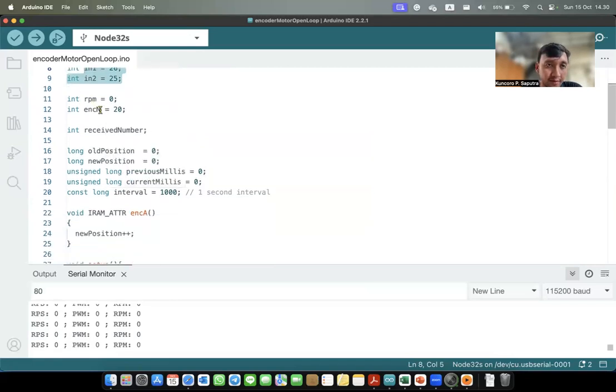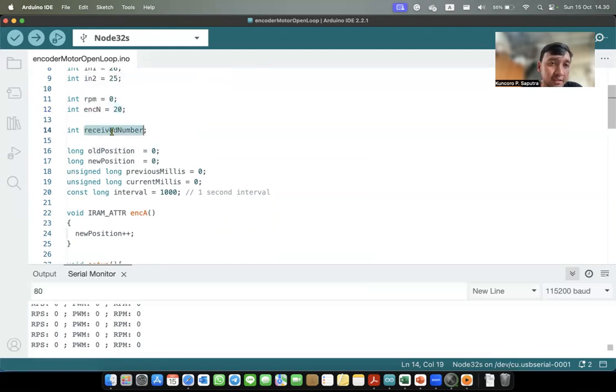I need another variable, RPM ENCN 20. This is the value for one cycle. One cycle has 20 holes.